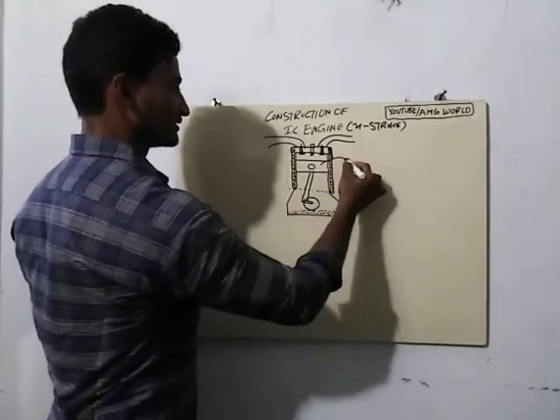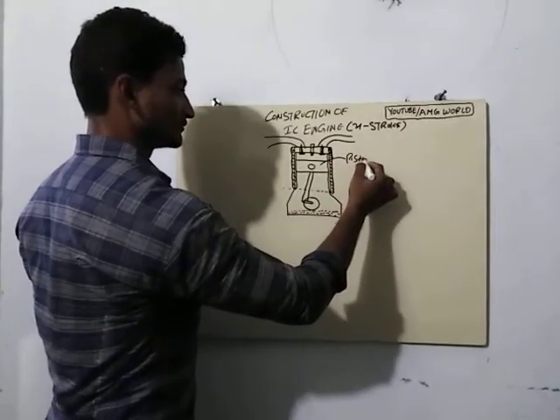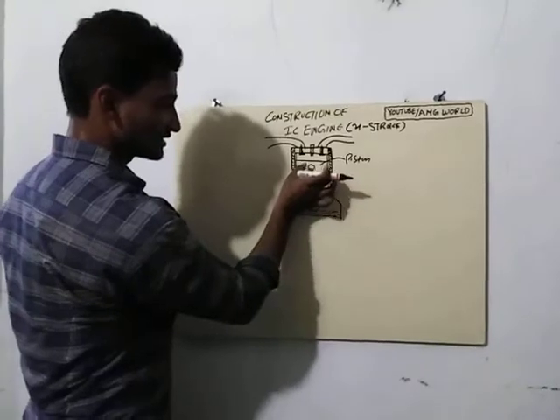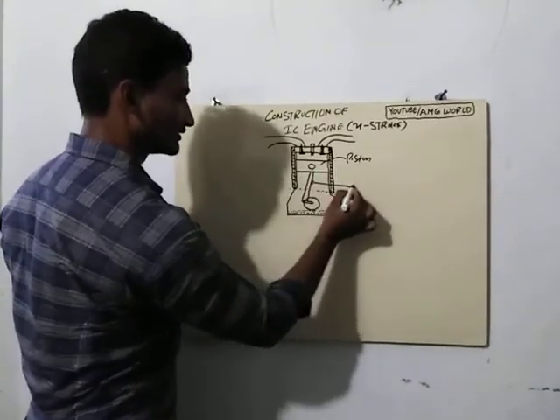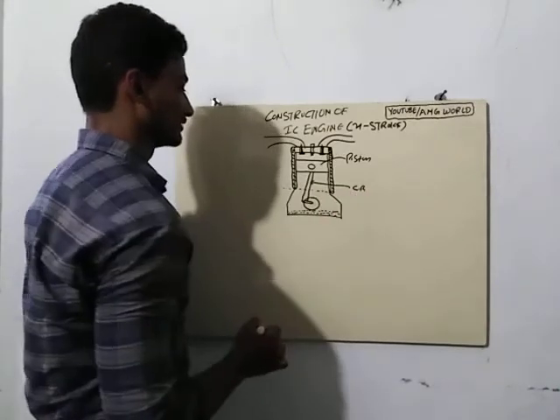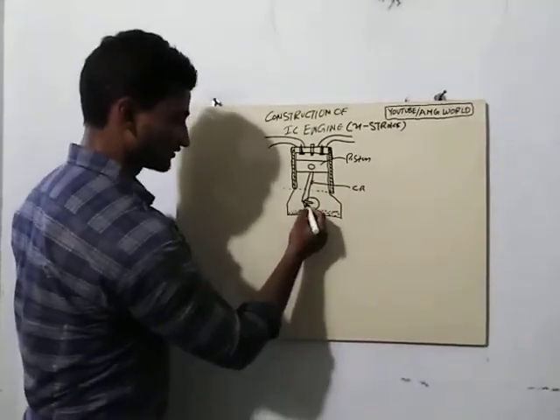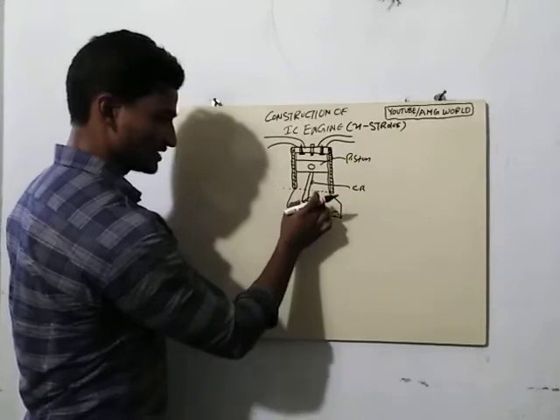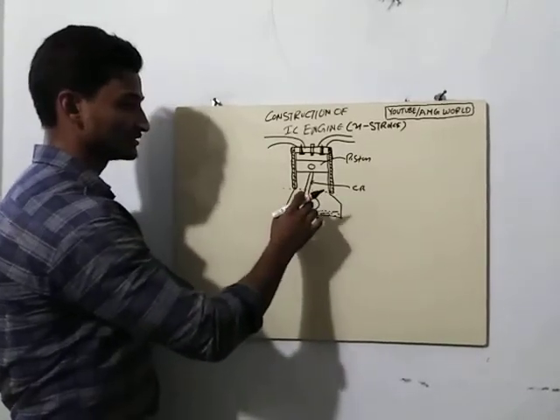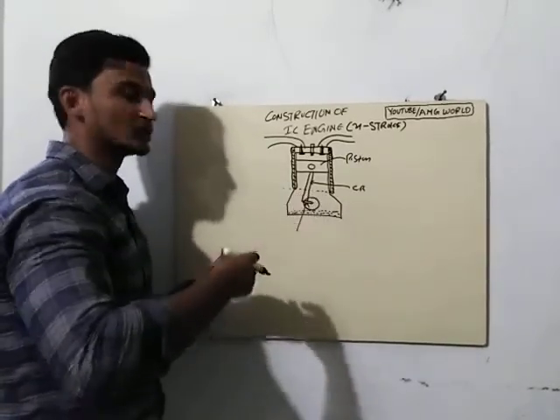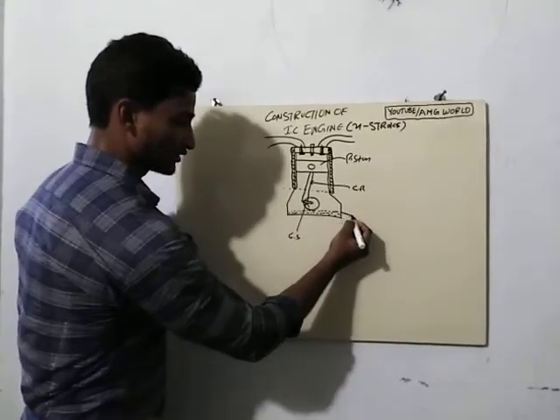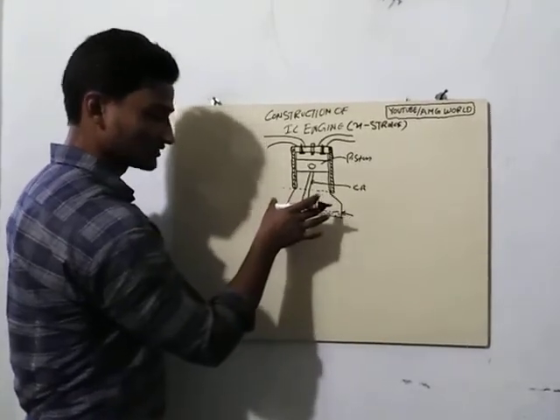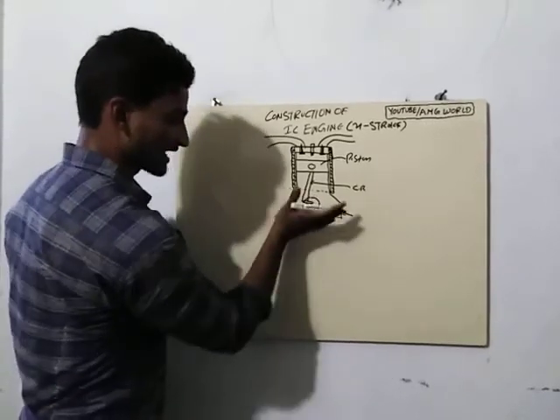So here this is the piston, and the piston is connected with the crankshaft via the connecting rod, and here comes a shaft. This is the major shaft from which the engine drive transfers to the outside, so that is the crankshaft. And this section which holds the crankshaft is the crankcase.